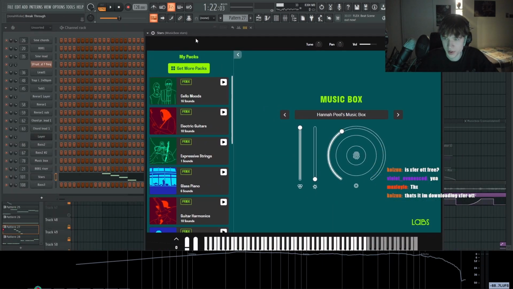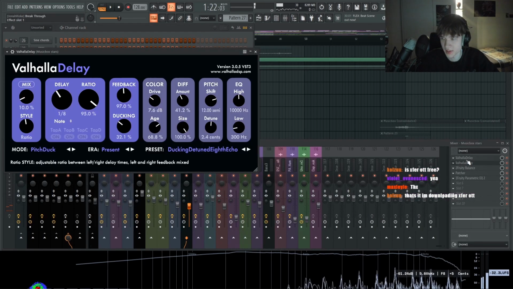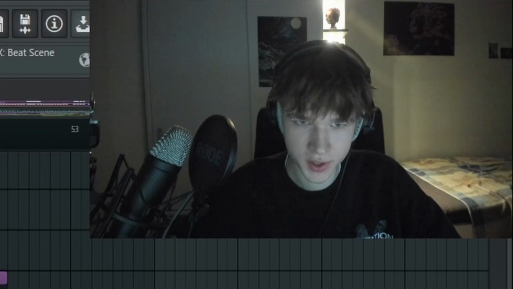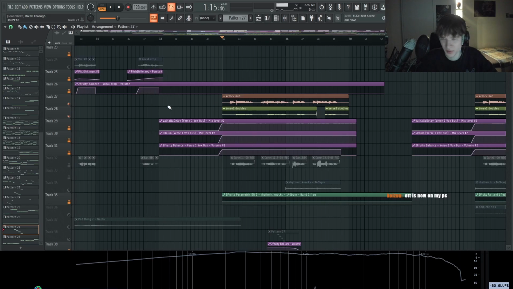A music box from Labs, but with delay on it and pitch delay as well. Don't have a bass playing in this section, so let's look at the vocals, the same as before, but like